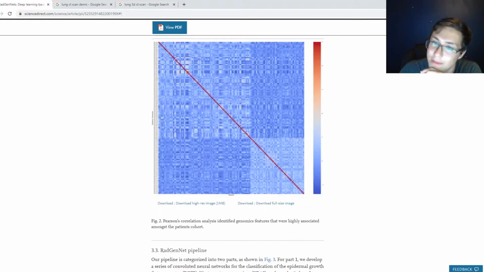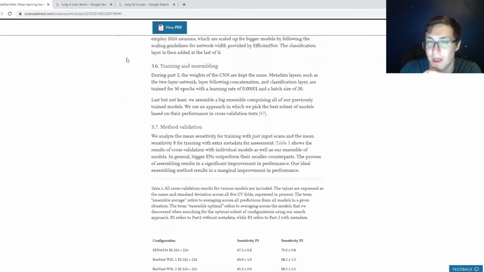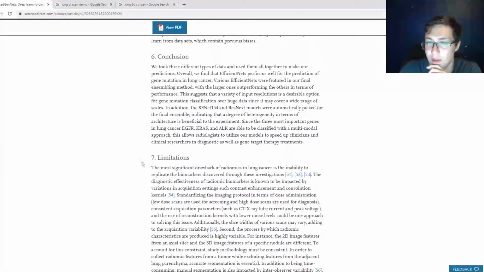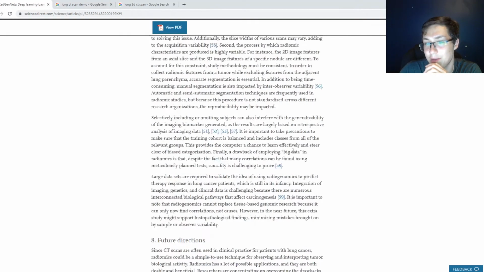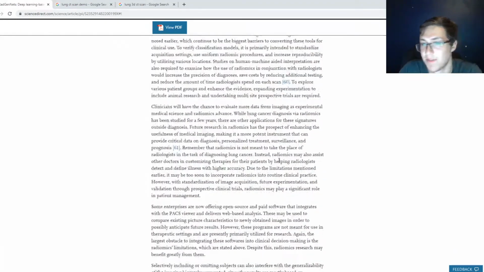And here are actually the patients' genomes, and we did a correlation on that. Ultimately, you can read through some of this as well, but we found that EfficientNets, our ensemble of them, perform the best. And the whole point of this is that radiologists can utilize our models to speed up clinical research and diagnostics, as well as gene targeted therapy treatments. Specifically